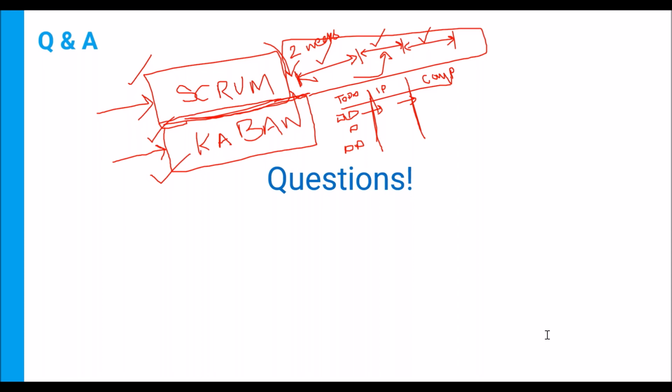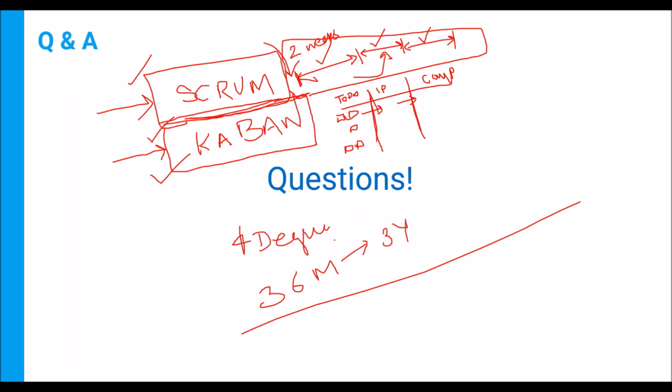So next question is Thomas is asking, should we have experience as a project manager for appearing for the PMP exam, or is having an experience as a manager for 11 years okay to appear for the exam? Yes, if you have a four-year educational degree, you need to have 36 months of project management experience, or 3 years of project management experience. So if you have 11 years, you are more than qualified. If you do not have a 4-year degree, you need to have 60 months of project management experience, or 5 years of project management experience.